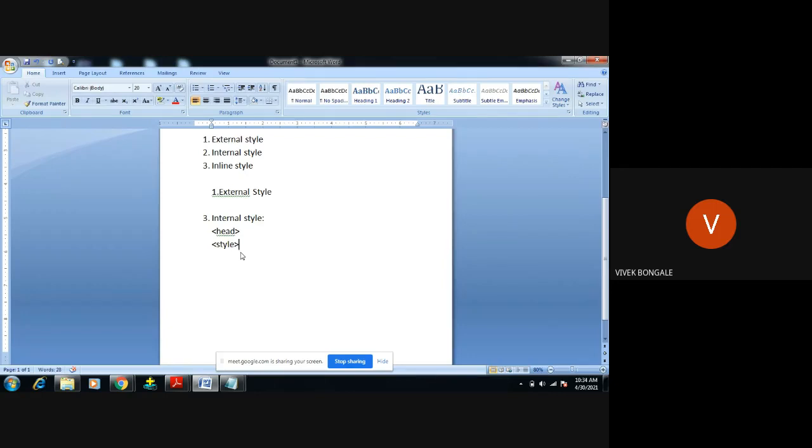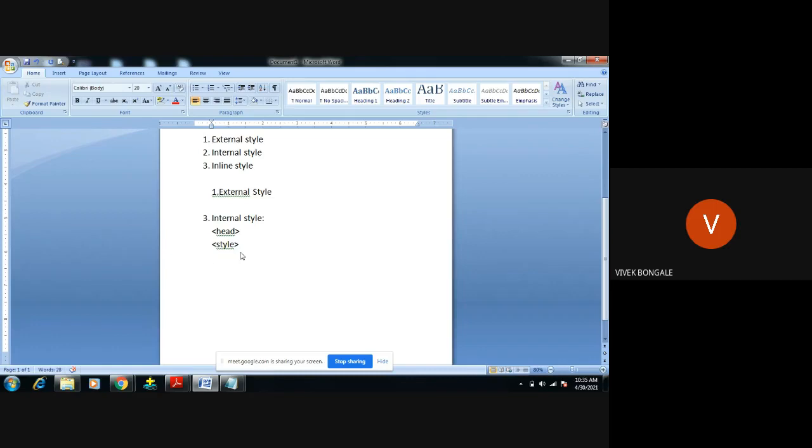That is like a hint for the browser that CSS tags are there, so I have to compile the CSS program. But here we are giving the .html extension, and in the .html extension we are using the CSS. So how should the browser come to know whether these tags are related to HTML or CSS? To indicate this to the browser, we use the style tag. Whatever CSS tags we write after the style tag will indicate to the browser that those are all CSS tags.